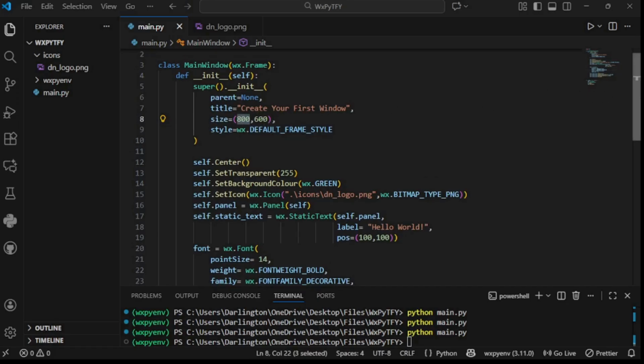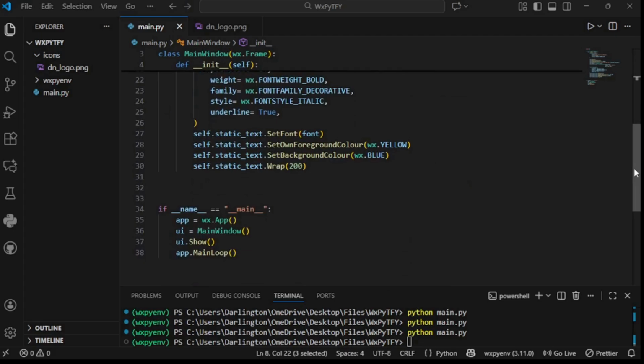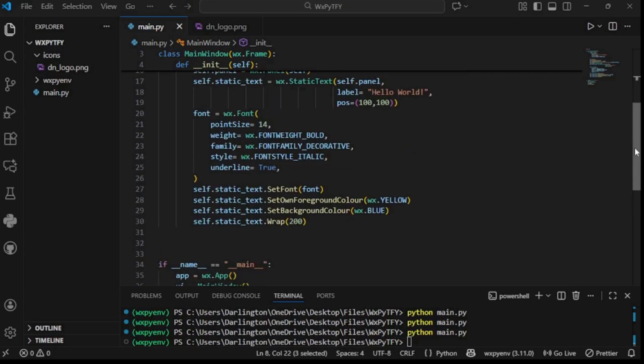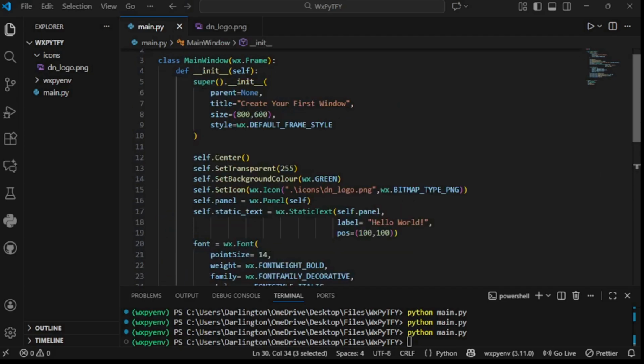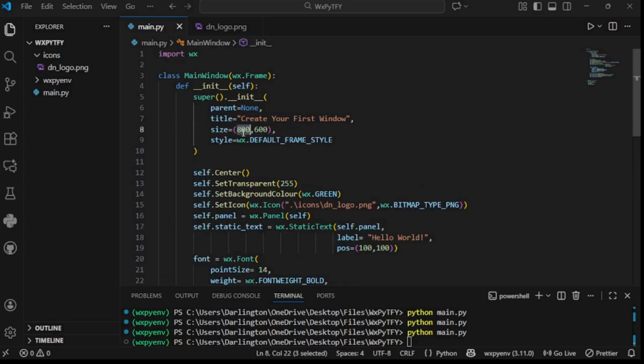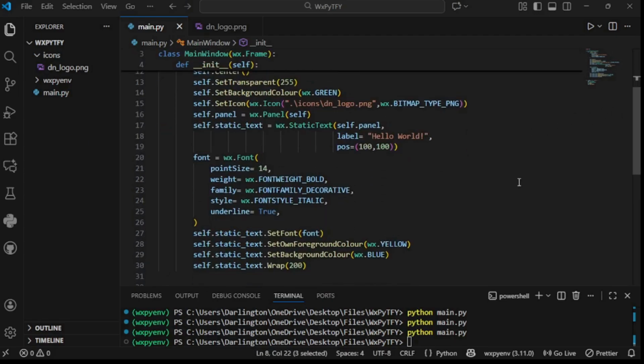If you don't do that, some of the text will be hidden, and it could affect the layout of other widgets. It could also lead to unexpected results in your graphical user interface. So that's why you have to make sure that this value here is less than the width of your window. So if I save this and run it,